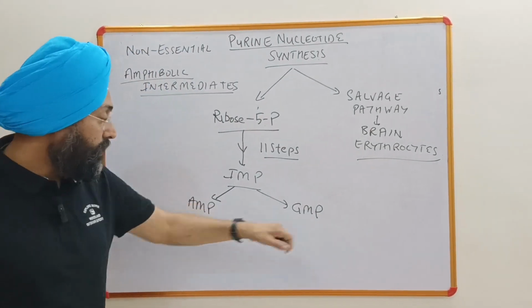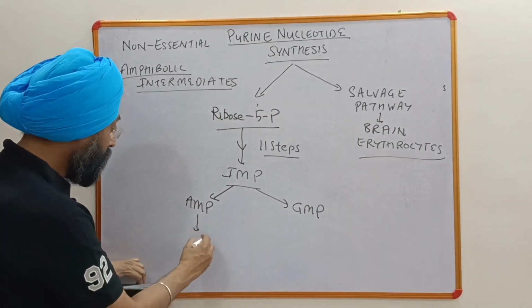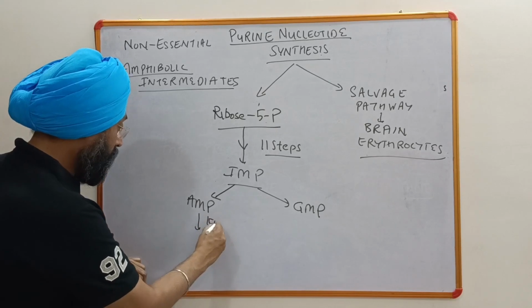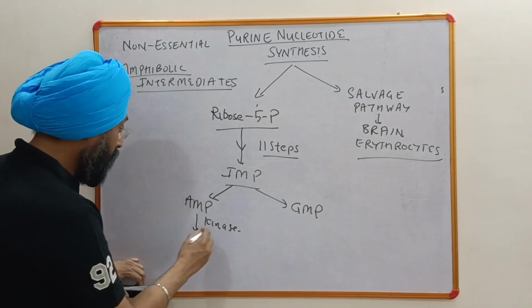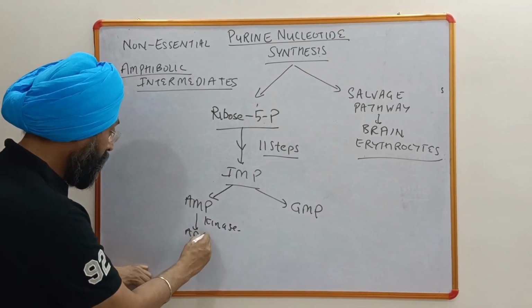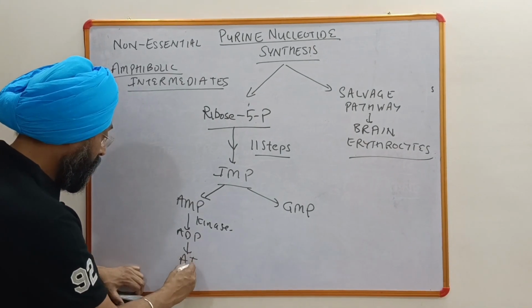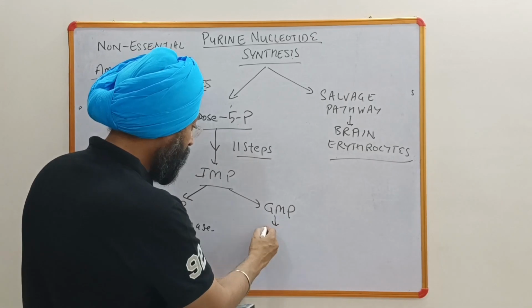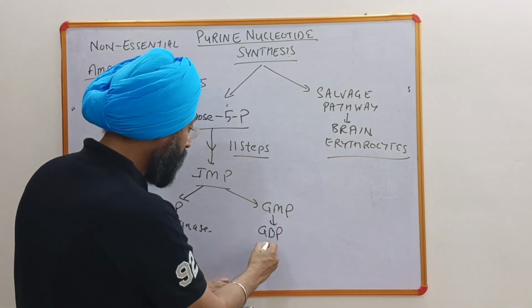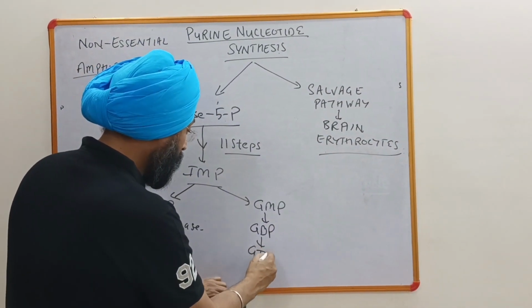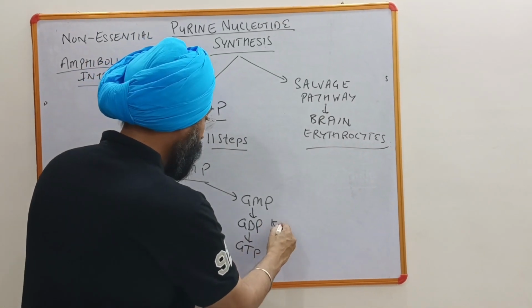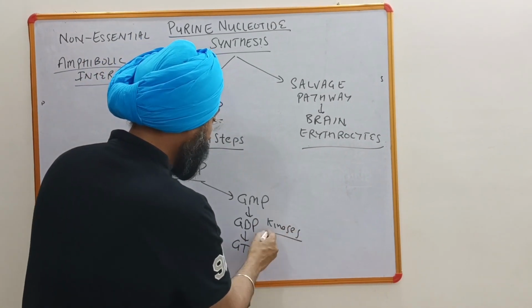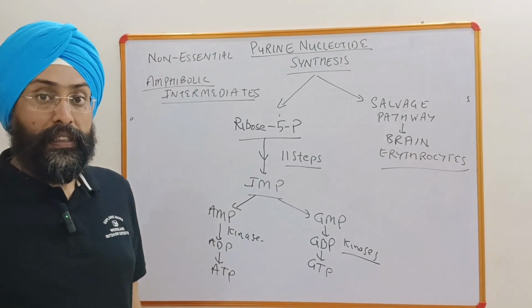So these are monophosphates. By kinase reactions, they are converted to diphosphate and finally triphosphate, right? Similarly, GMP is converted to diphosphate, then triphosphate by kinase reactions by adding ATP,